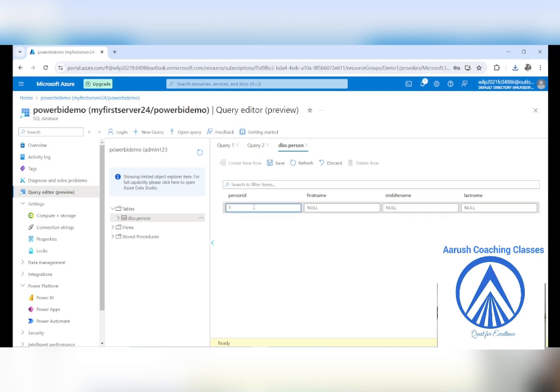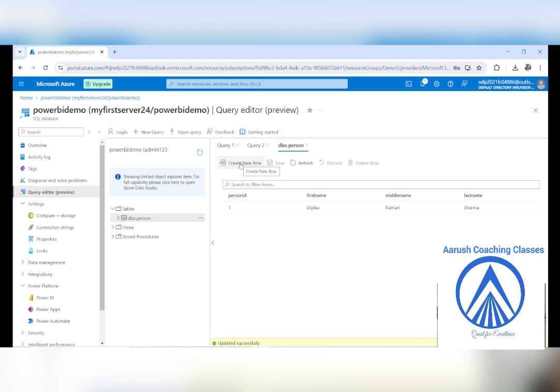Person ID, you can keep it whatever you want. First name, you can write it as Deepika Kumari Sharma. Okay. Now, once you have done this, you can save it. All right. Now it is saying that the person, see, cannot set value in identity column person ID. So that means you don't have to do it. You can go here and save. See, automatically it took the first, Deepika Kumari Sharma.